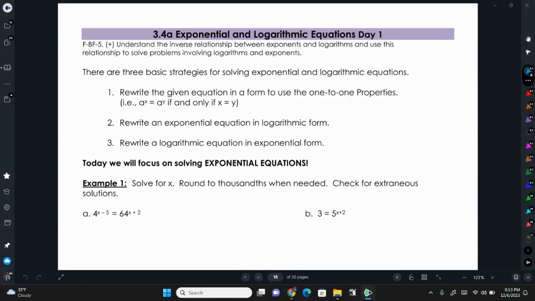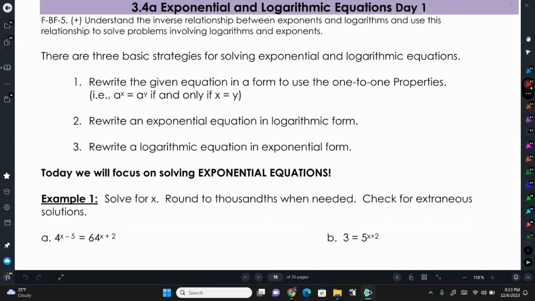The next part of our journey with logarithms is solving logarithmic equations and exponential equations, and that's what 3.4 is about. And when we're solving logarithmic or exponential equations, we have three strategies. The first one is if we can rewrite anything to use those one-to-one properties, meaning that if you're taking the log base 5 of both sides, well, then you can just set the stuff inside the logs equal